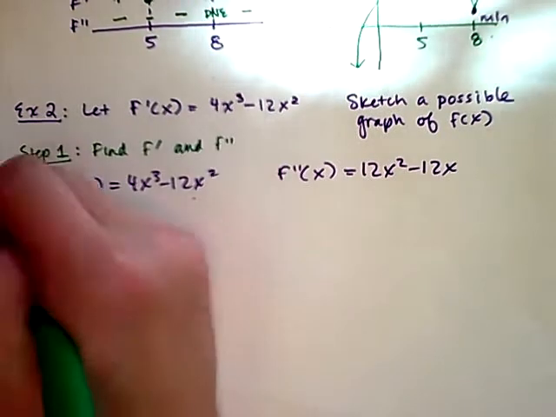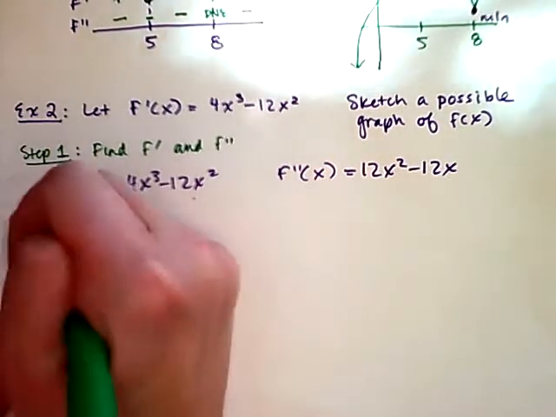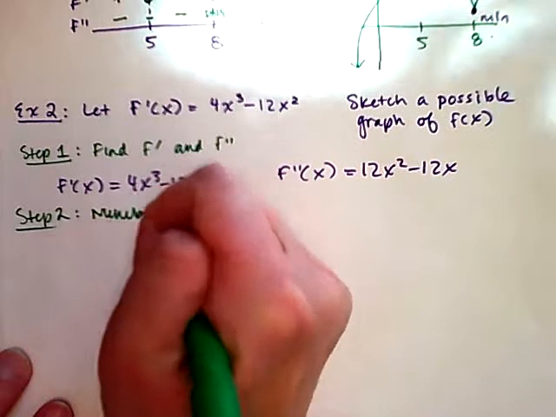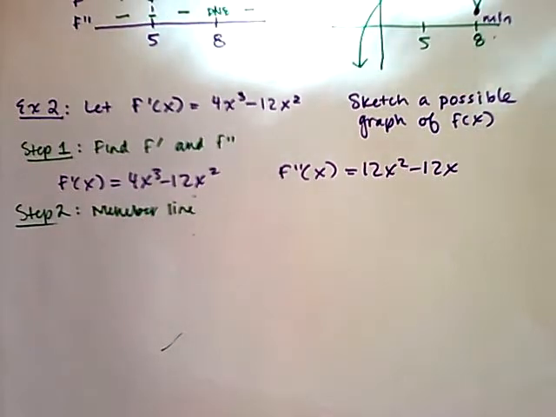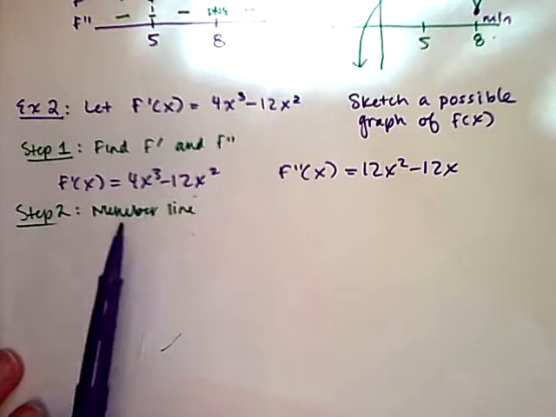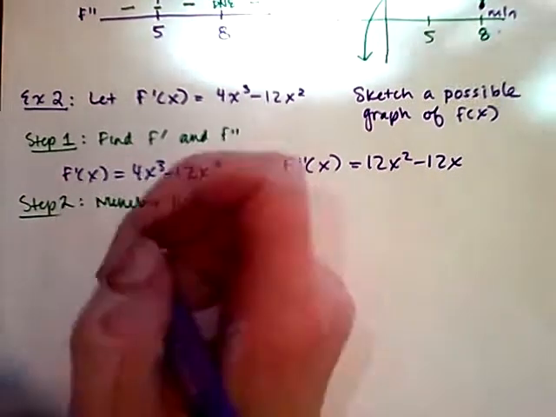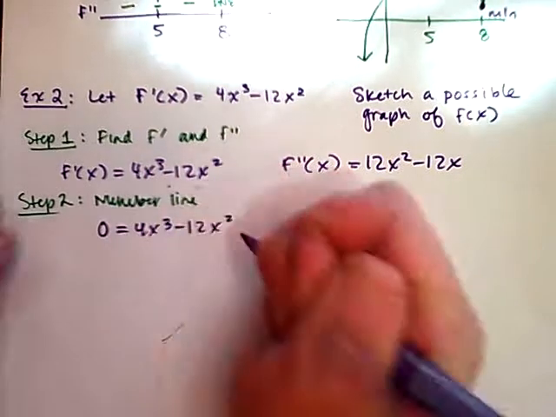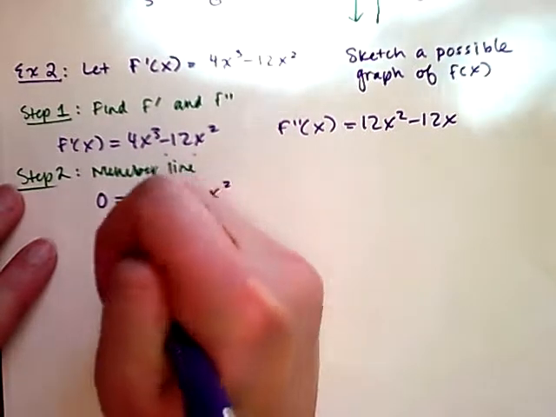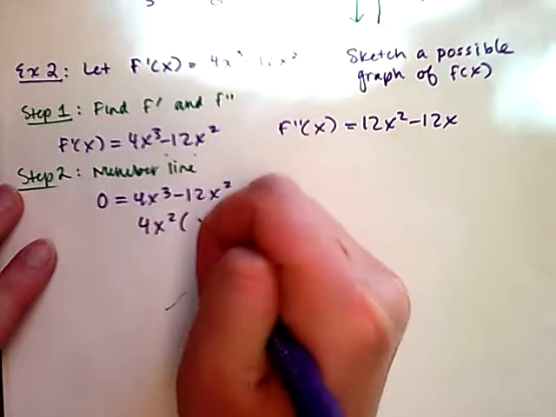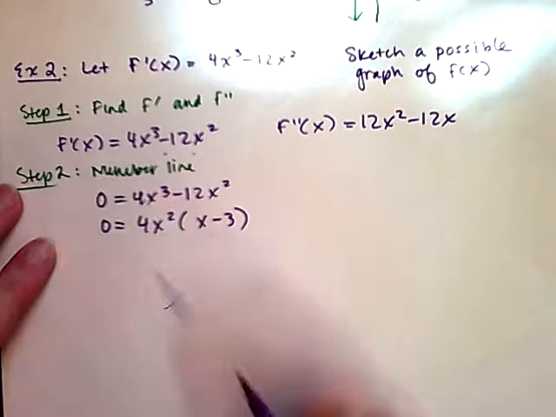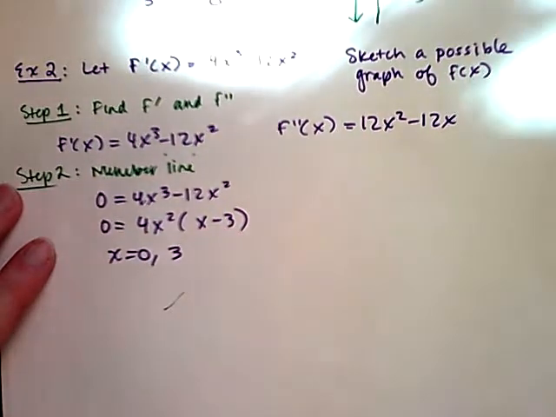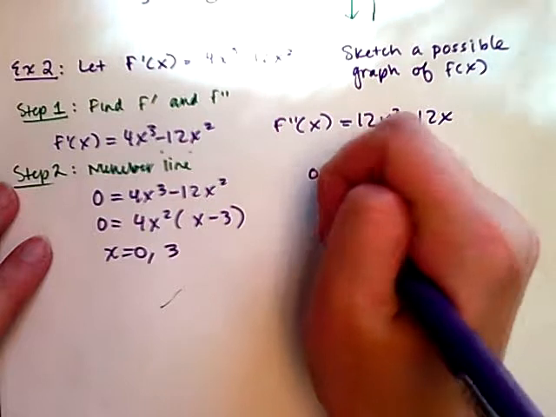Now I want to do step 2, which is to create the number line. But in order to first create my number line, I need to find my critical points here. So I'm going to set each of the derivatives equal to 0 and see what my critical points are. If I factor out a 4x squared, I'm left with x minus 3 here, and I get critical points at 0 and 3. And for my second derivative,